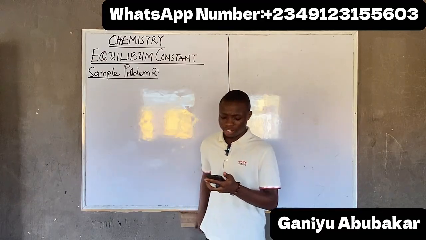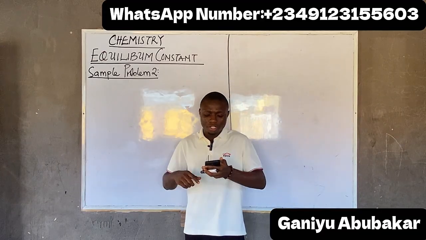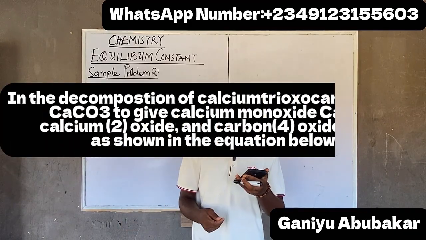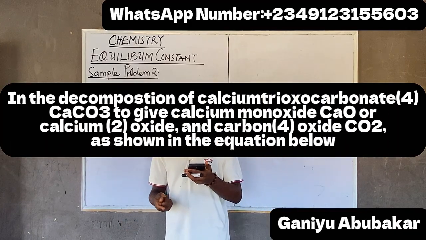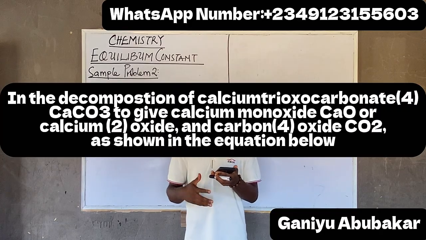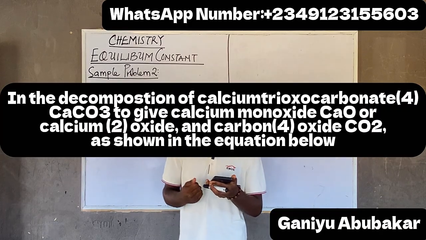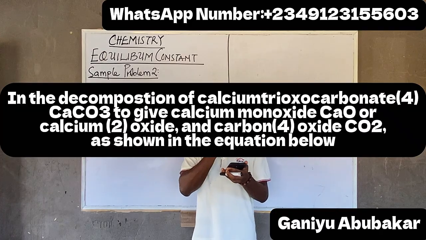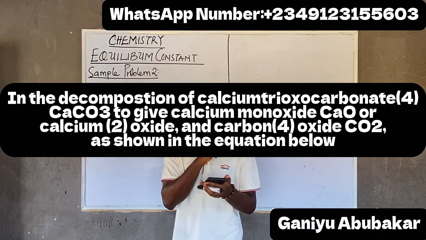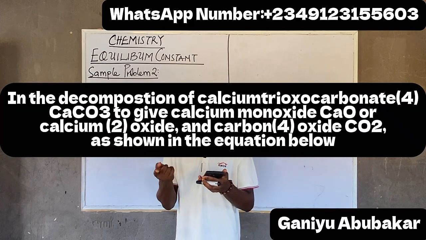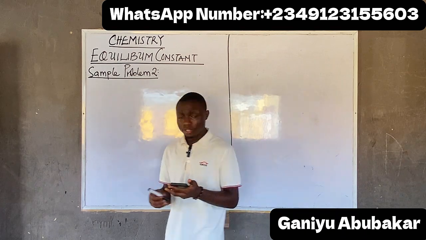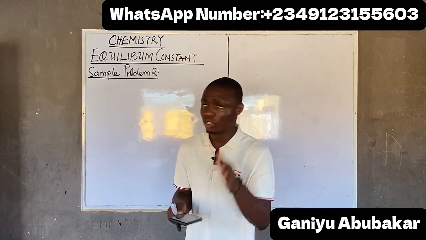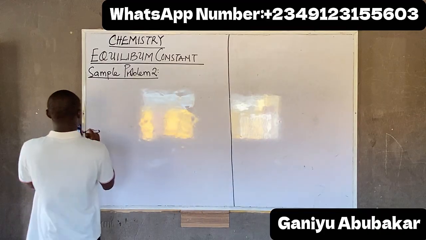So, about number 2, it says in the decomposition of calcium carbonate to give calcium oxide and carbon dioxide as shown in the equation below. All right, so it means that question has a chemical equation. So on the board, I have it here: